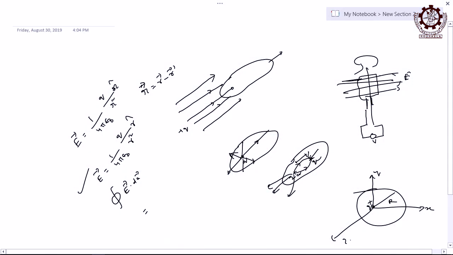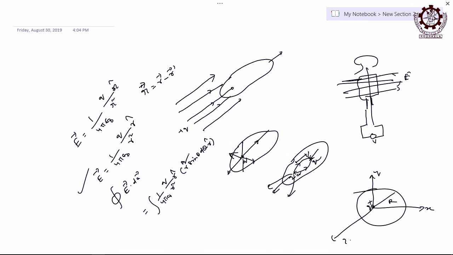Then how much will it be? It will be obviously the value of this E, how much? Yes, q by r square r cap. Yes, sorry, this is r square, spherical polar coordinate relation, right. Yes, sorry, this is not theta, phi, phi, phi. So, check it and it will give you only this much, the integration, right. That integration will give you a result of 1 by epsilon 0 times q, right. All other things are omitted, only this much will remain after integration, right.